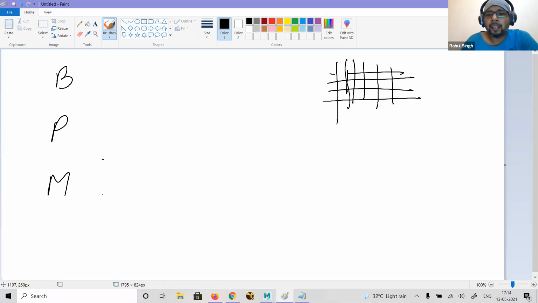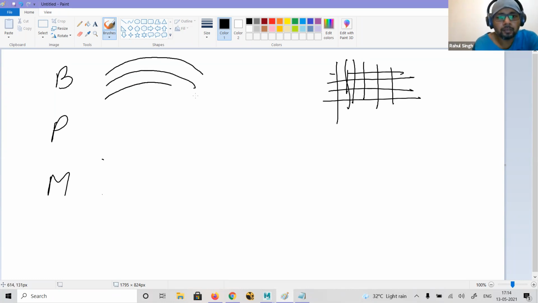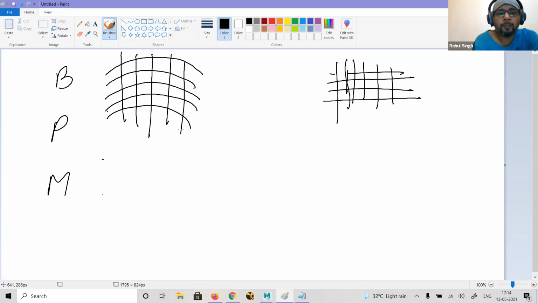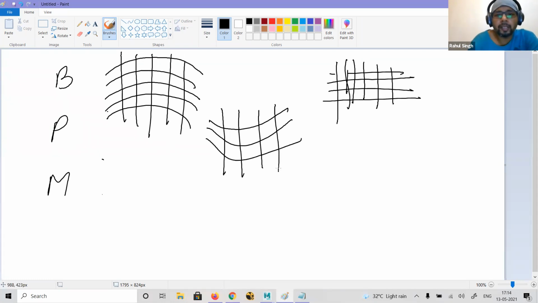When barrel lens distortion happens, it looks like a barrel, and the lines will be curved outward like this. Pincushion gives you the cushion type, so here it will be like this.